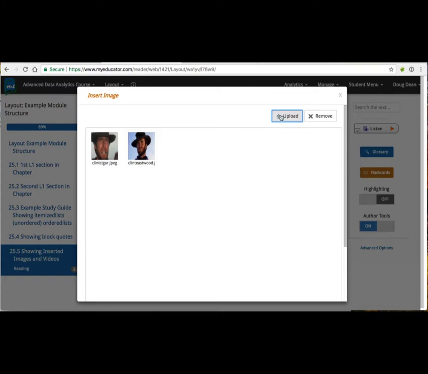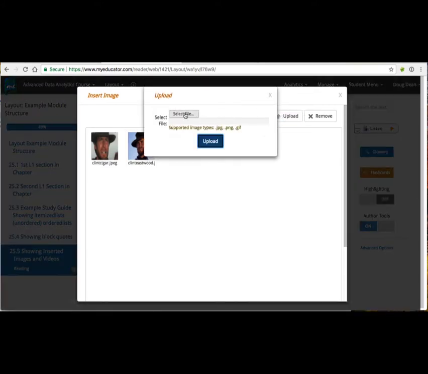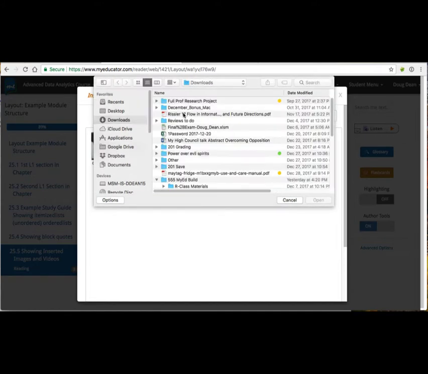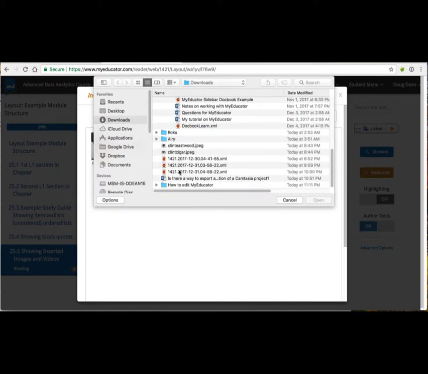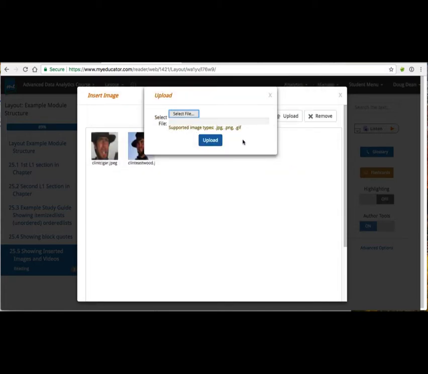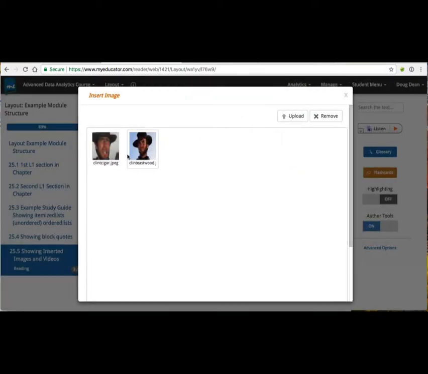Now these are just two example images that I uploaded to the folder before I started this demo. You can upload additional images here and select files and so forth, and put your images up in there. These are the images that I've already done. Okay, so once those images are up there and they're here, then what you can do is you can select an image,